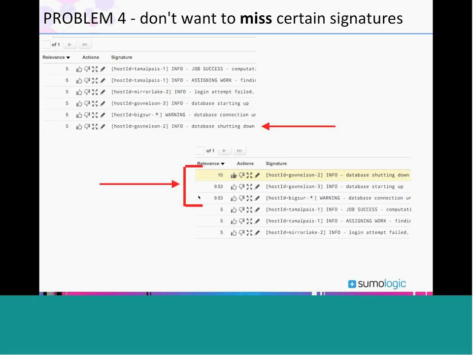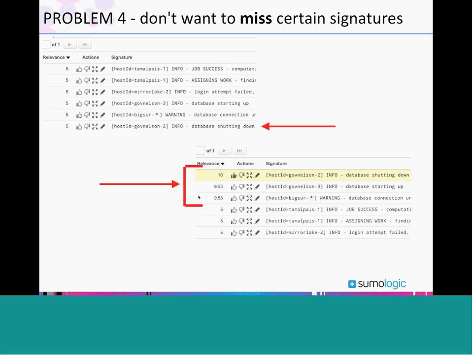And what is also going on here that's noteworthy is that these other signatures, which you did not explicitly say you thought were relevant or important, also got a bump because they're similar. They seem to be related, again, something that Sumo Logic is learning directly from the data itself. They seem to be related to the signature that you expressed a strong interest in. So once you've given us some information about what is really important or critical in your logs, the service is going to learn how to combine that with other pieces of information to try to present you the most important insights into your data at the top of the results list.